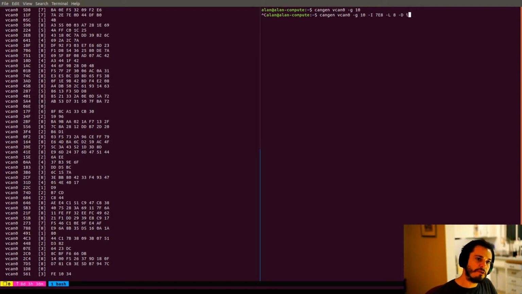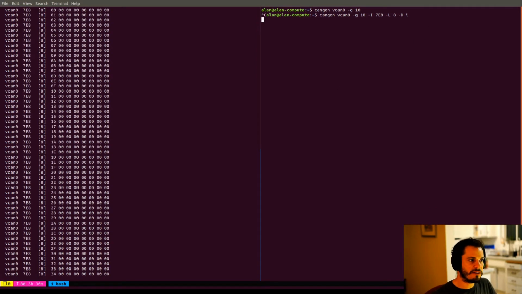I'm going to delete the verbose flag because we'll be able to see whatever we generate on this side. So let me go ahead and generate that. As you can see, it's increasing. The CAN IDs are still the same, but it's going up by 1 on the payload. You're probably wondering, why is this useful? Why do I want to generate CAN messages this way? It's super useful when you're doing reverse engineering and trying to figure out which CAN messages are actually doing something. So you can constrain the way CanGen works.